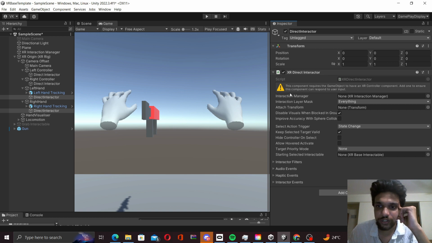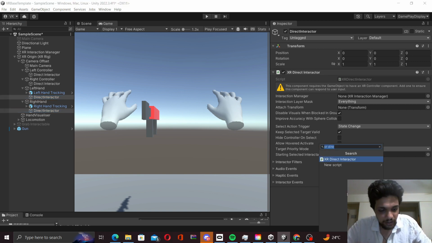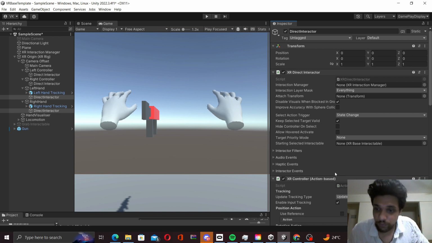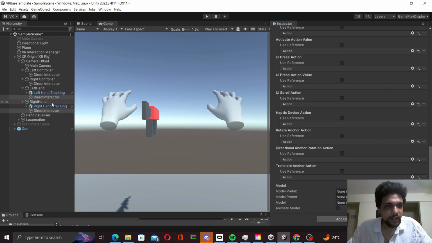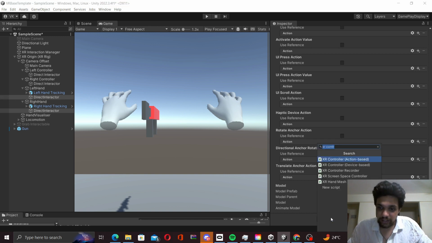Add one to ensure that this component can respond to user input. So with both my direct interactors selected, I will add the XR controller, action based, don't forget, to the direct interactors. And while we are at that, we will also add a sphere collider